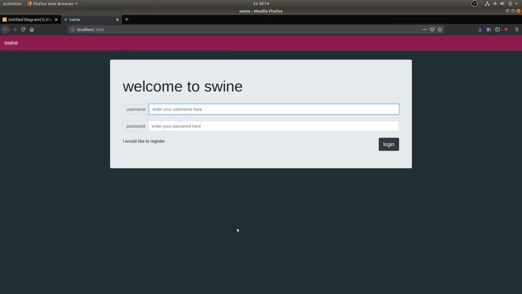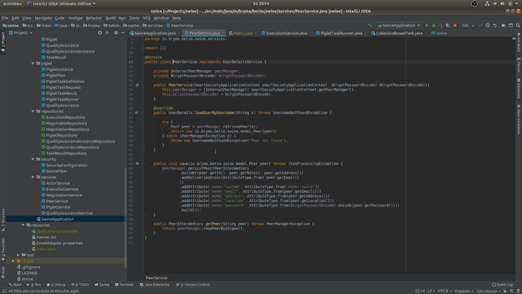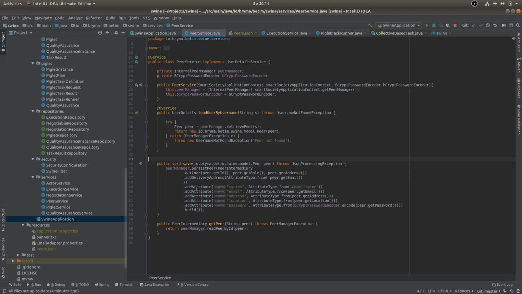So this is the login page, and then let's try to log in with peer and peer. And again, the platform uses the peer service to save the users, and to also receive the users if they have been